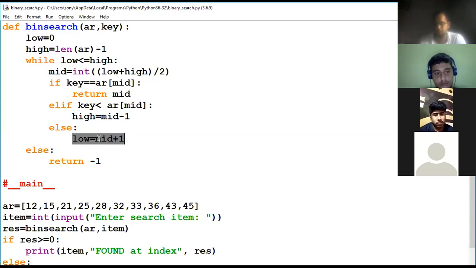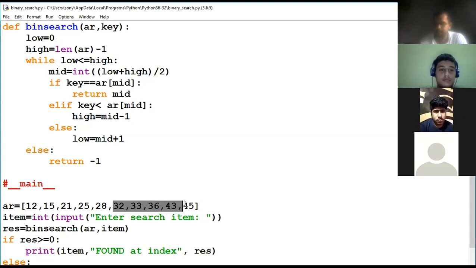The value of mid is 4, 4 plus 1 is 5, and 5 is the new value of low. The high value is the same, 9. We will work with this new array. Is it clear? Reply. Is it clear or not? Raise your hand if it is clear.